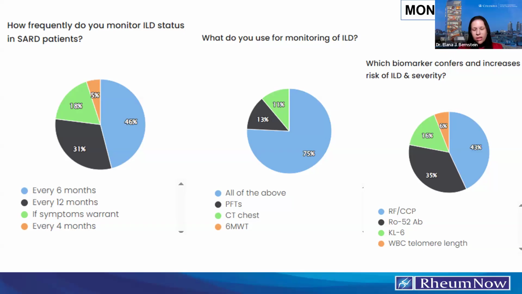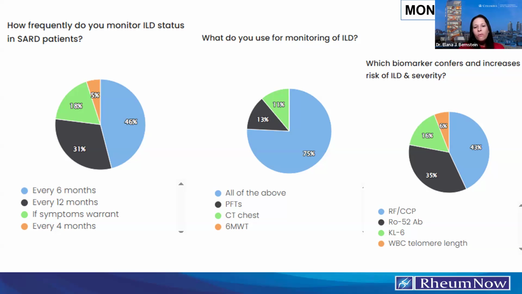We do a lot of telomere testing at Columbia because we are a pulmonary ILD research group, and this is one of the things that they research, so they do a lot of that testing here. I will say, from what I understand, the data for telomere testing in patients with SARD-ILD is less robust than, say, telomere testing in people with IPF.